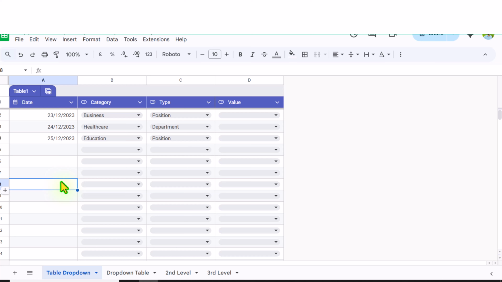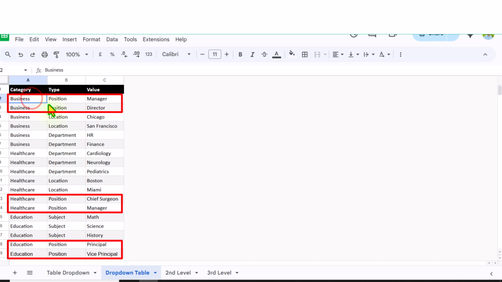In my last few videos, I showed you how to create multiple dependent dropdowns. In this video, I will show you how to create a dual dependency multiple dependent dropdown. For example, I have a dropdown table on which you can see we have business, we have position for business,